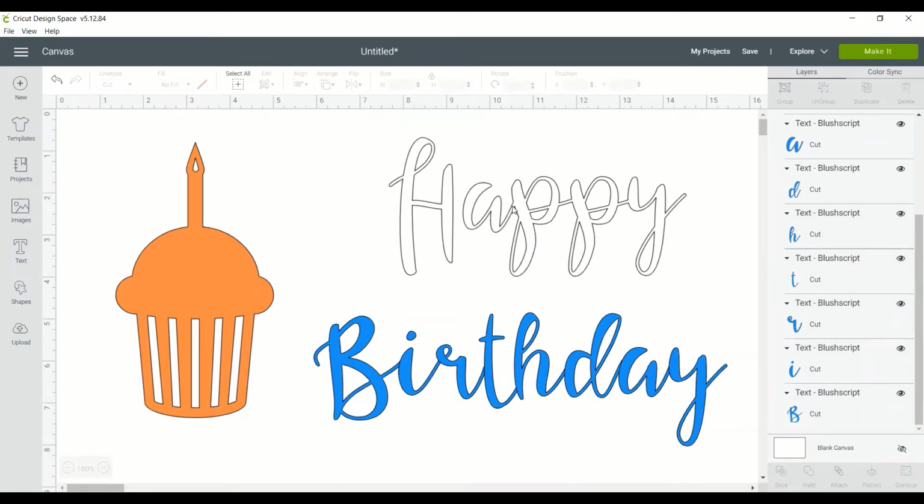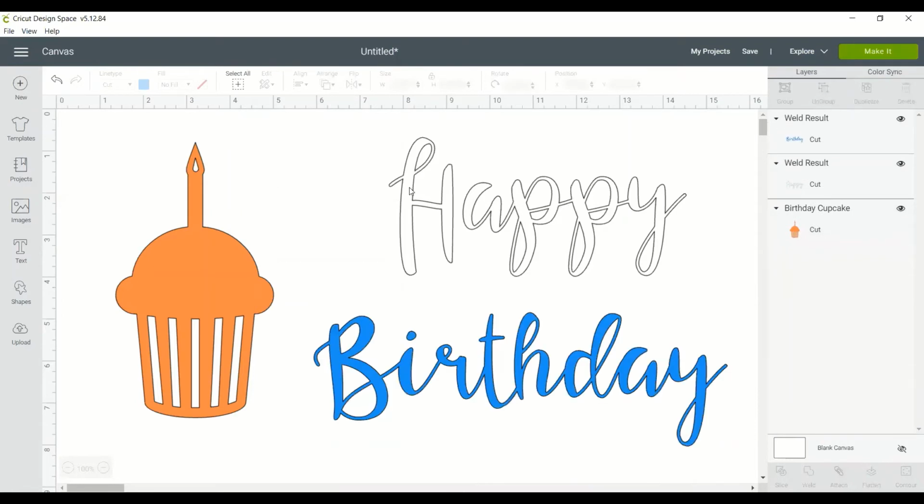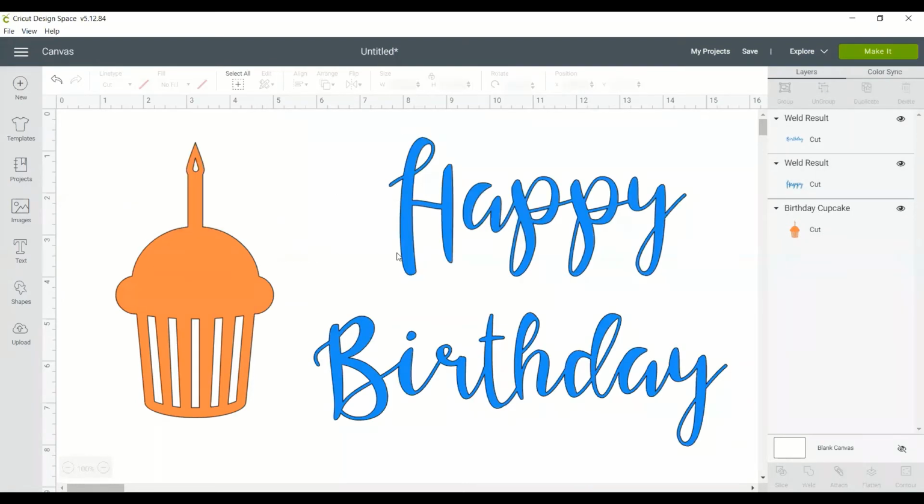What that has done is fuse the lines that overlapped, so that instead of having a cut line where the letters meet, everything is now one word. So I'm going to also do that to my birthday, and I'm going to switch happy back to blue. I welded them both, but if I go to make it again,